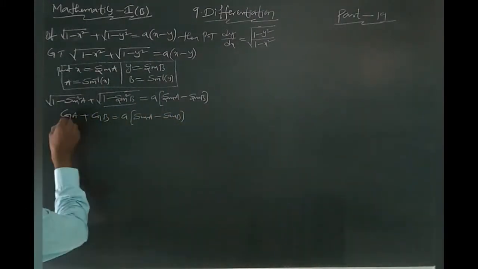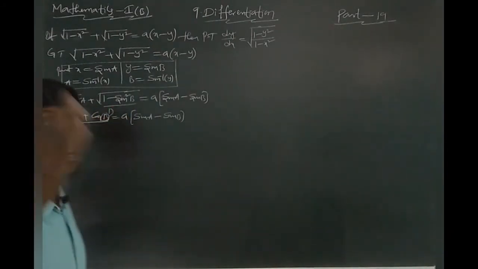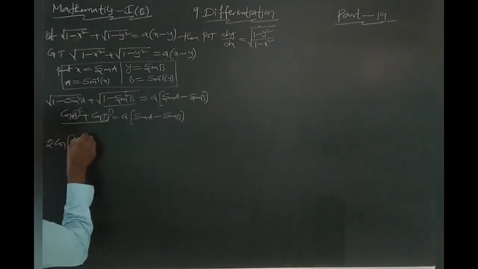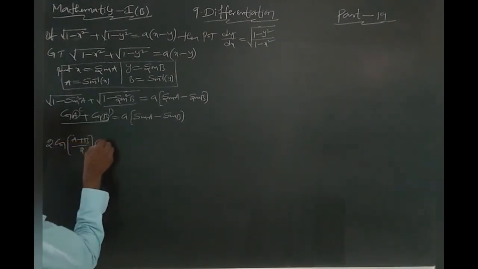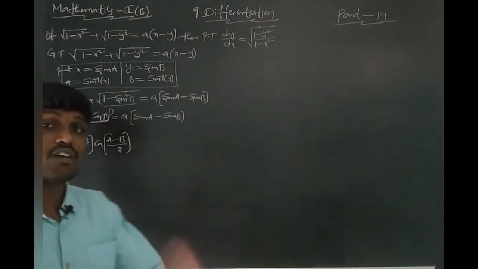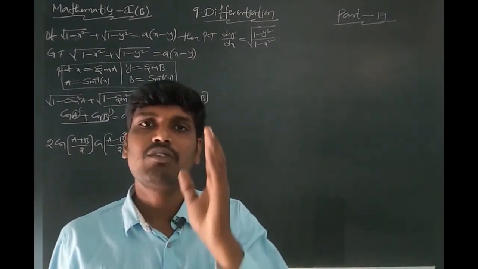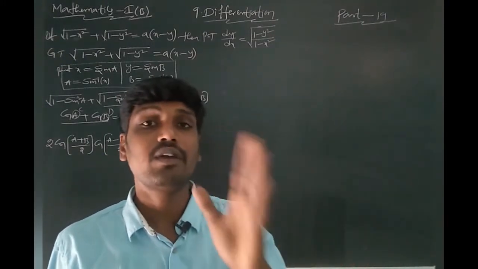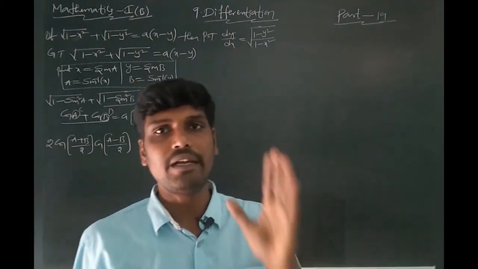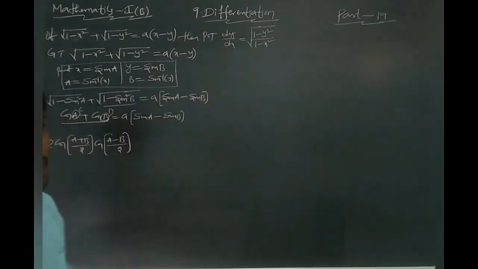After that, the cos C plus cos D formula. This is C, this is D. Cos C plus cos D, you know that formula. What is that formula? 2 cos of (C plus D) by 2 into cos of (C minus D) by 2. This is the formula. See students, in this substitution method you can easily understand. First you should read and write the trigonometry formulas perfectly, after that you will easily understand this method.